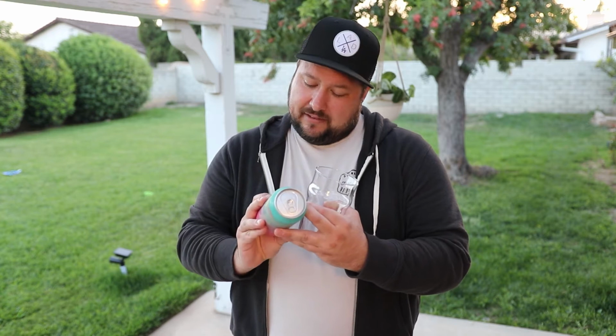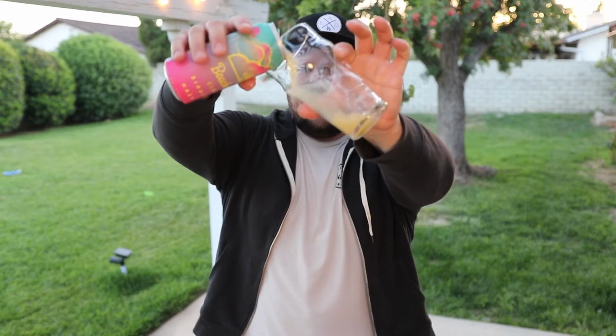So let's read a little bit more about it because I don't really know much about this beer. It's Raining Juice. This velvety soft hazy IPA is loaded with notes of tropical fruits and fresh squeezed juice. I don't know, that's setting up a hazy IPA really, really well. And let's see, 6.6%, so it's a single hazy here. I don't know much more than that, so I'm really excited to crack into this beer. Let's do it. And on the pour,